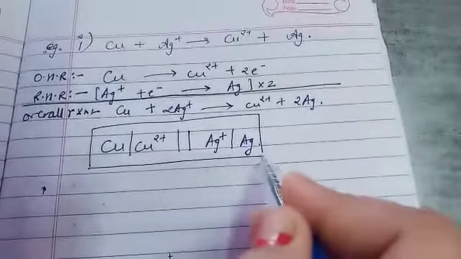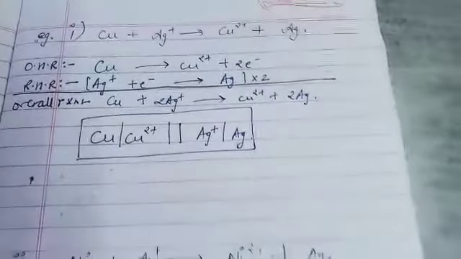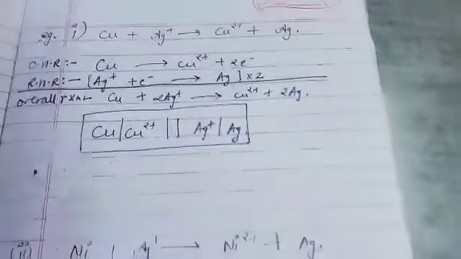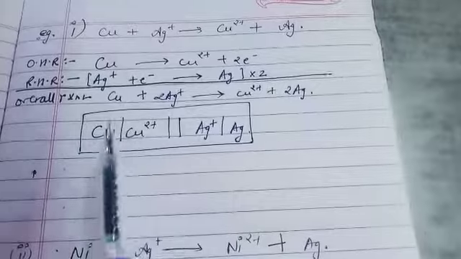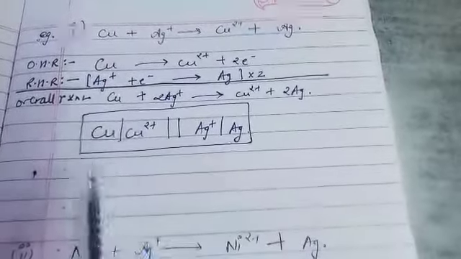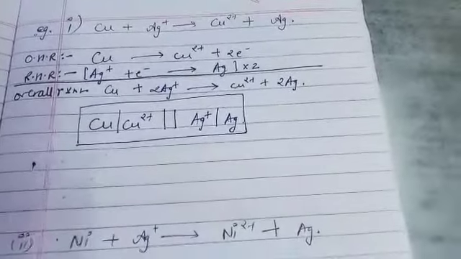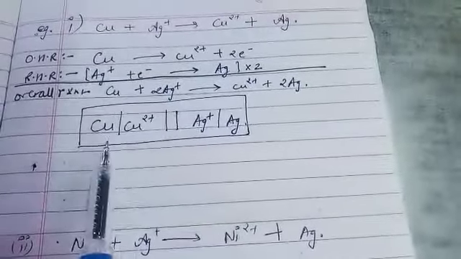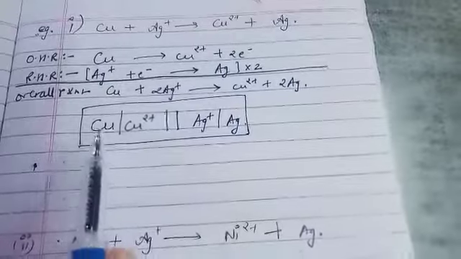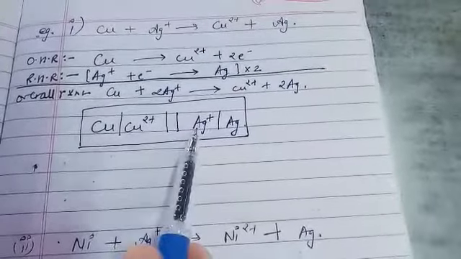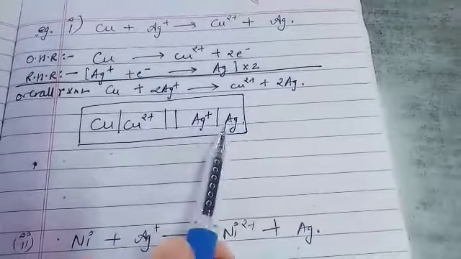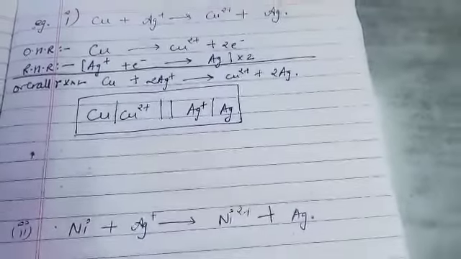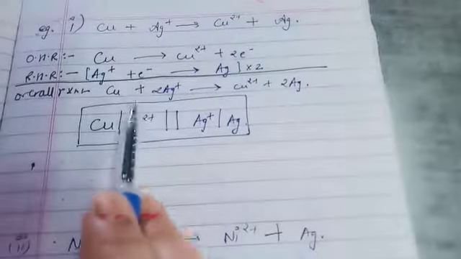Okay, maybe in a question you have to represent that equation in a cell form, or sometimes this type of cell equation is given to you and you have to write it in a normal form. That one is also easy. This one is oxidation, this one is reduction. So Cu plus Ag+ gives Cu2+ plus Ag. That one is a simple representation, and accordingly you have to balance like this.